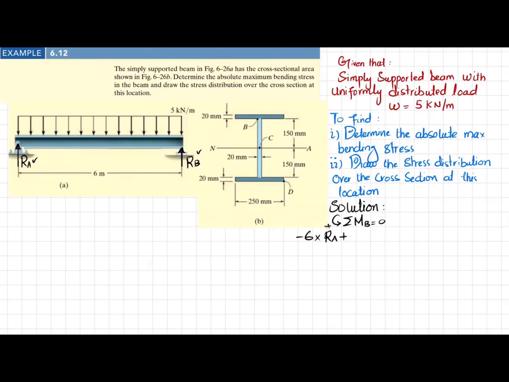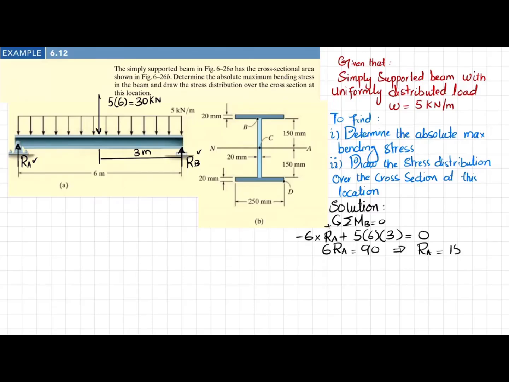The reaction RB has a perpendicular distance equal to 0. So 6 RA will become equal to 30 times 3, which is 90. From here you will get RA equal to